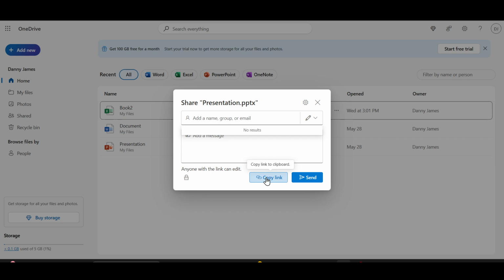generated. Just simply click on copy link. Then a new link will be generated and will be copied to your clipboard. And then you can share it wherever you want to share on your groups or to someone individual. And these links also work externally on SharePoint. So this is how you can share your files and folders externally on